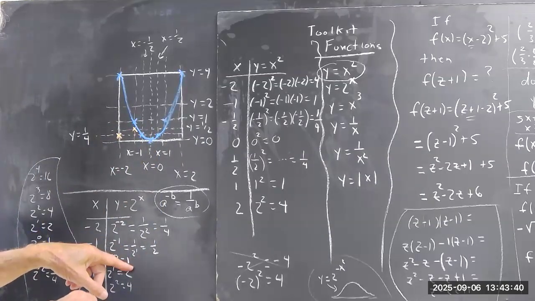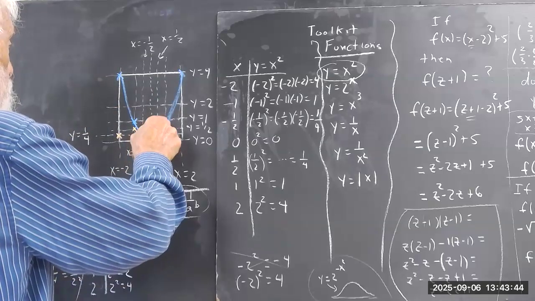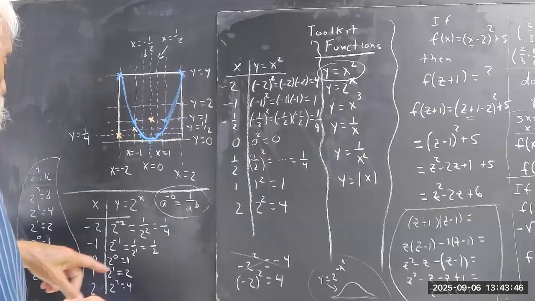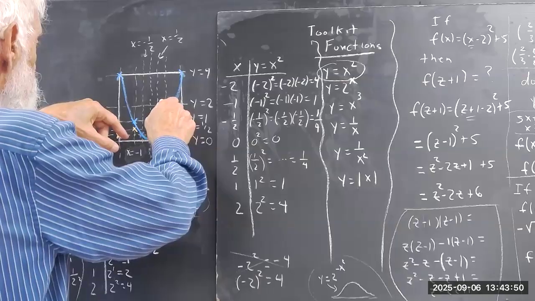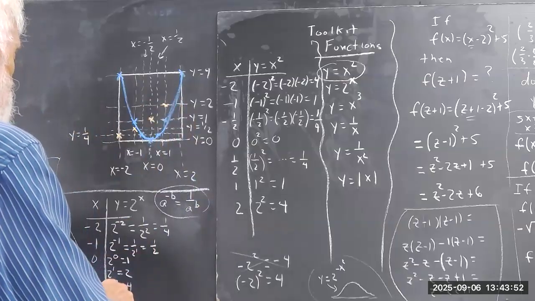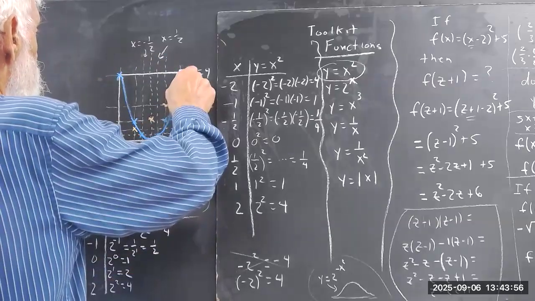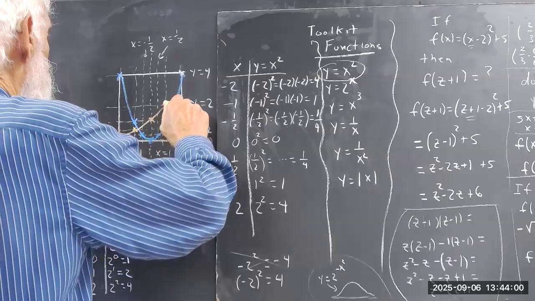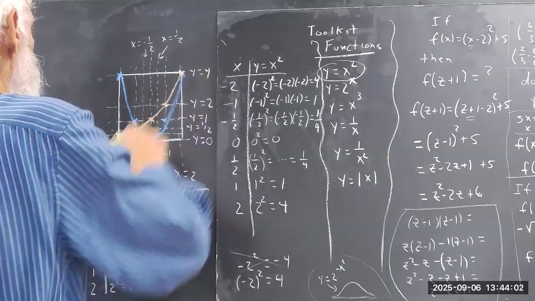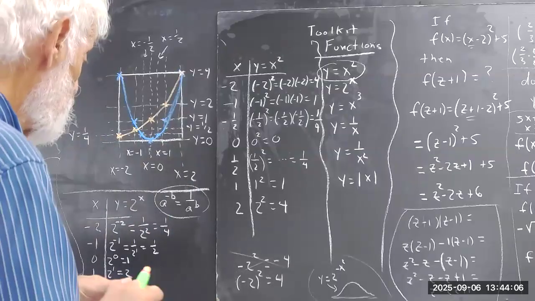2 to the 0 equals 1. So when x equals 0, which it does on this vertical line, y equals 1. 2 to the 1 equals 2. Well, here's x equals 1, and here's y equals 2. There's a point. And 2 to the second equals 4. X equals 2, y equals 4. End up in that upper right-hand corner again. And we get this nice graceful curve with more